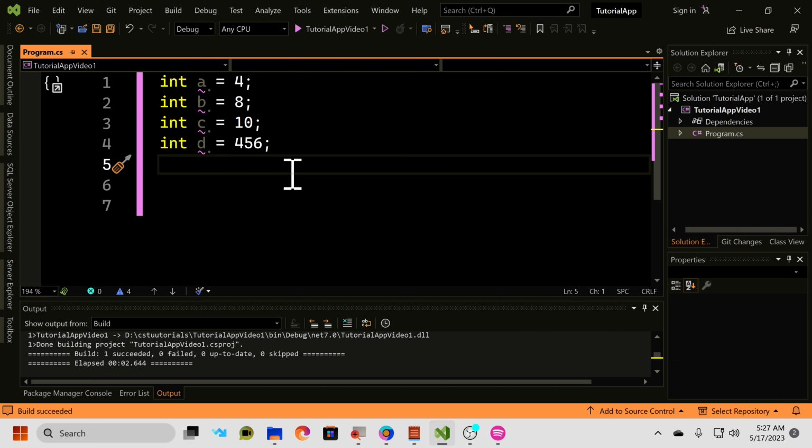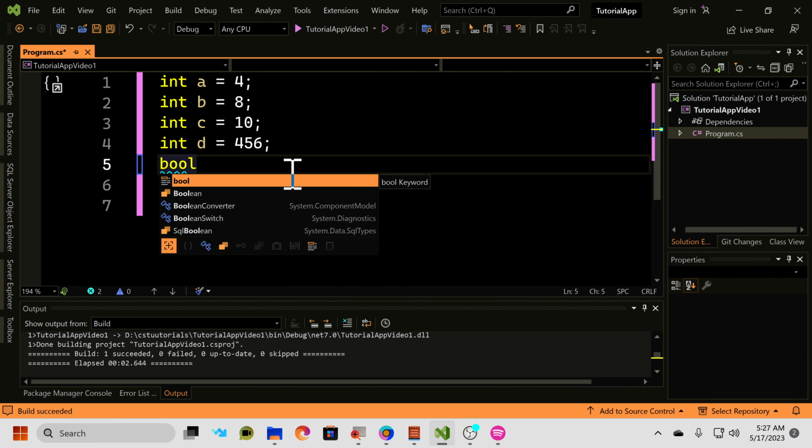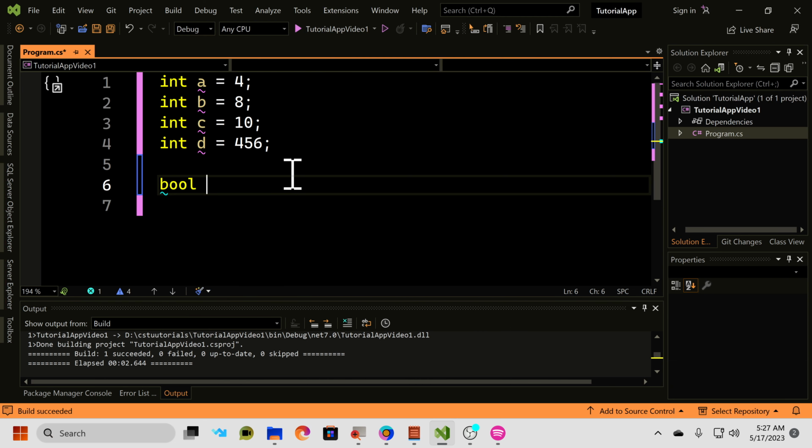So, here we have 4 different integer values, a, b, c, and d, and we are going to be using the logical operators on these values. Okay, so we're going to say bool. We'll call this, you generally shouldn't do this, but we're going to do this here anyway. So bool e equals,